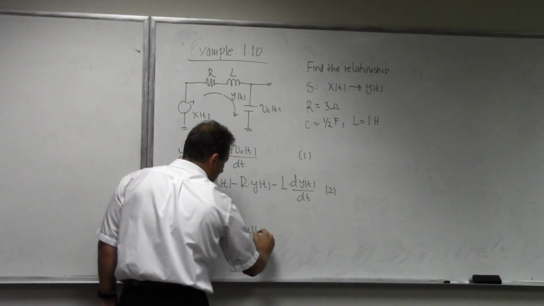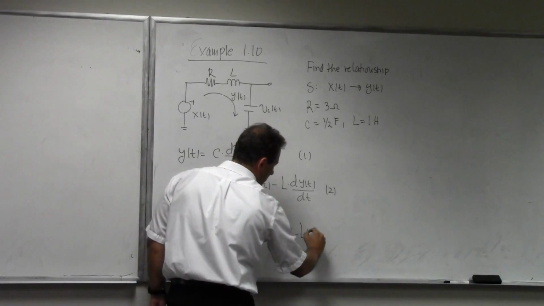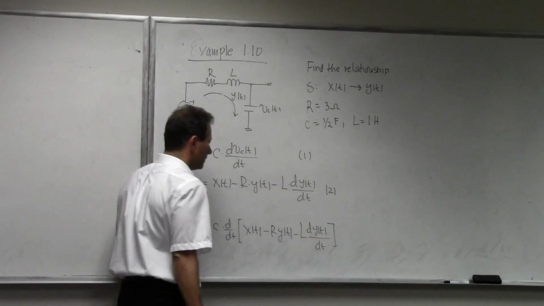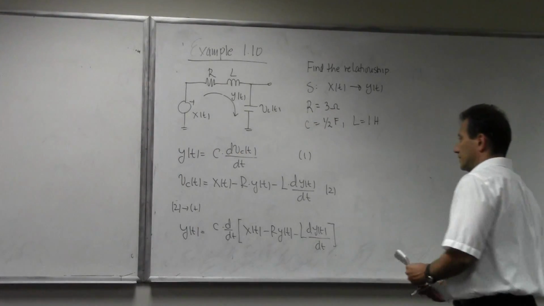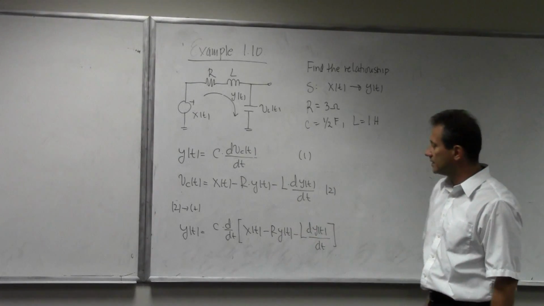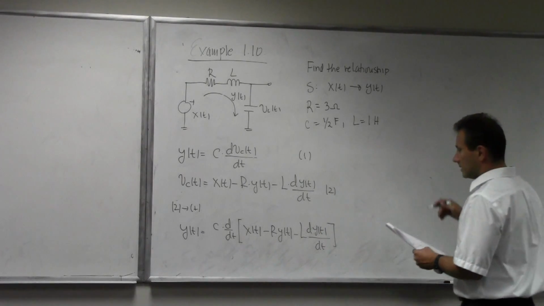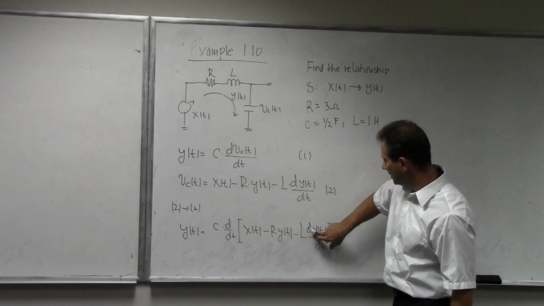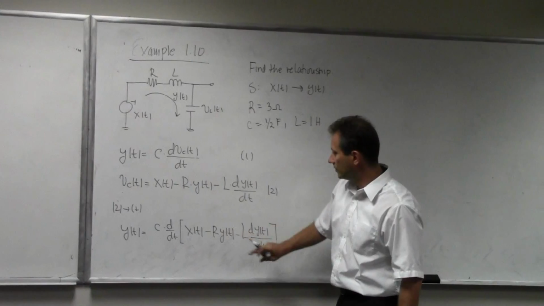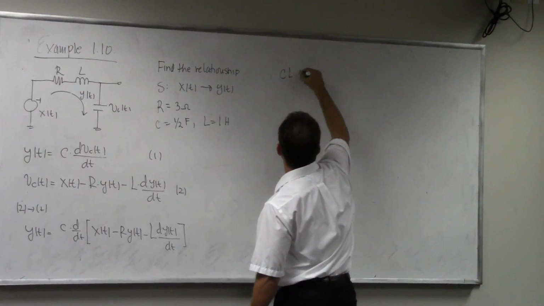So I have x(t) minus r y(t) minus L dy(t)/dt. Okay? So let's tidy this up a little bit. If I bring all the terms that have y on the left-hand side and leave everything that has x on the right-hand side, here's what I have. With the double derivative, I have LC times d squared y(t) over dt squared. And because of the minus, when it goes on the other side, it becomes plus